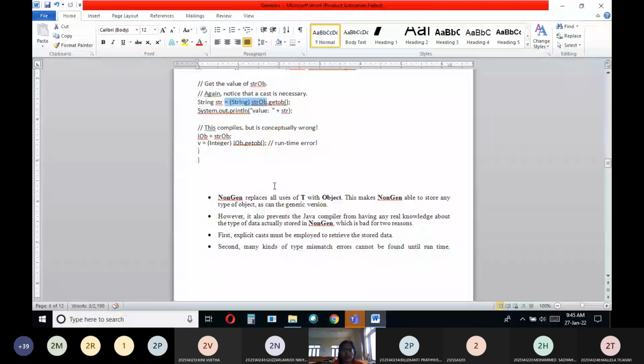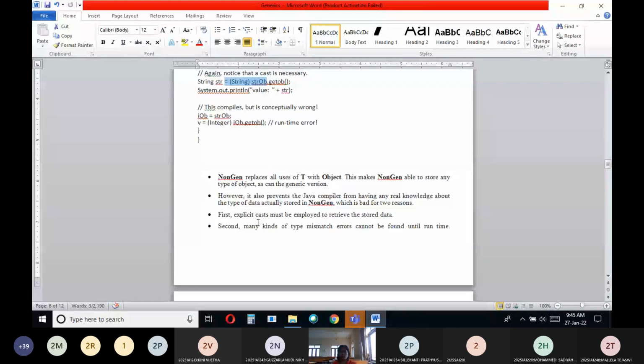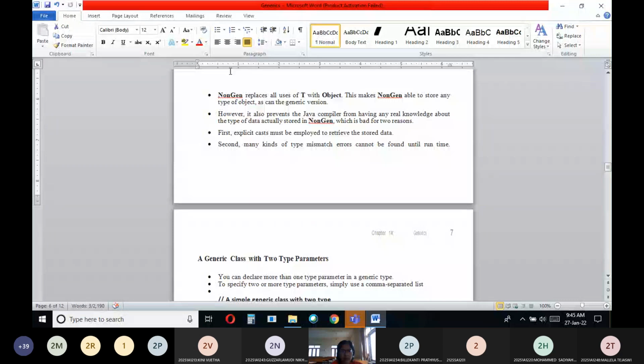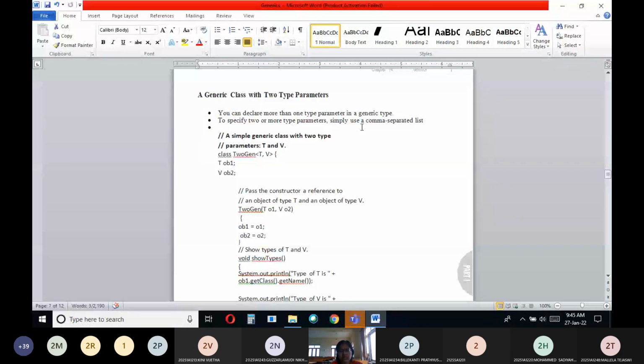Right. Now these generics can also have two type parameters. In the example we saw previously, the class had only one parameter, but you can also have generics with two parameters. So you can declare more than one type parameter in generics. If you want to use more than one type parameter, separate them by comma. So here is how. If you want T and V as two parameters, you can declare something like this: